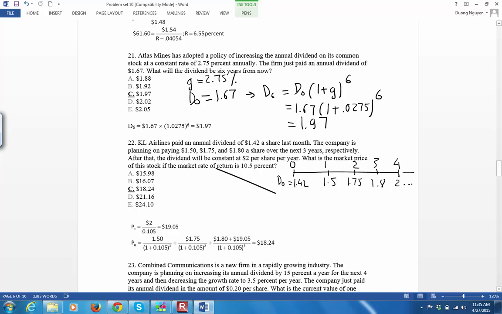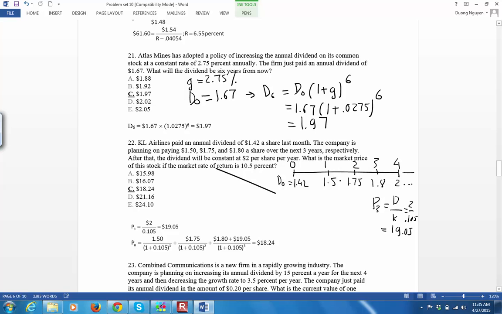Because from after year 3 it is a perpetuity, the price in year 3 simply equals D over K, which is 2 over 0.105,